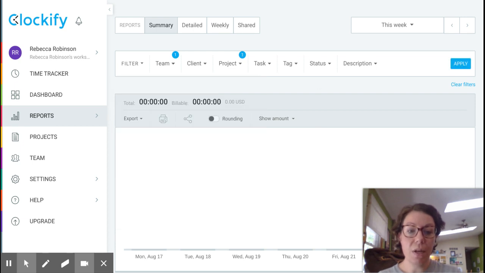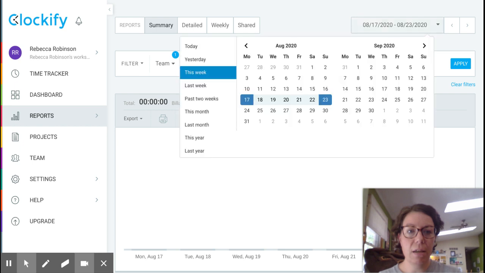Okay. So that's how you can see where your money is going, where your client's time is going, and get a better idea of how you use it. And this Clockify